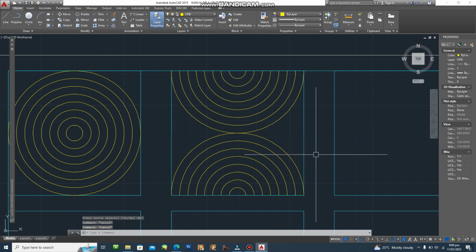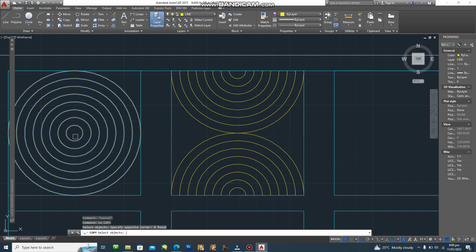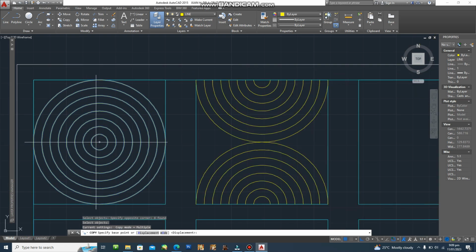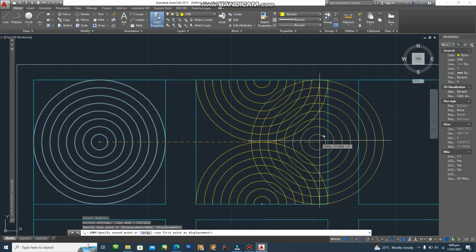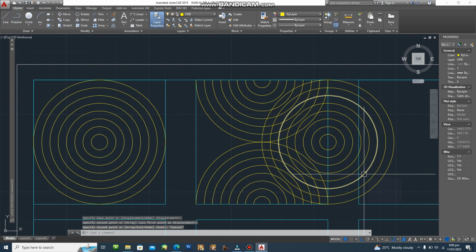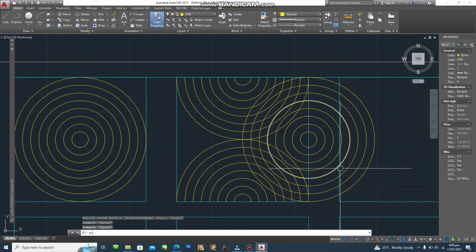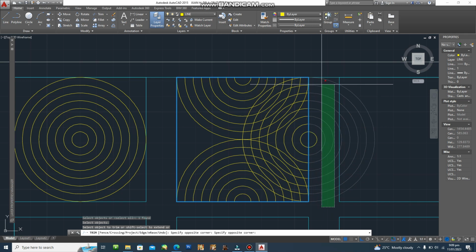Another, so type circle. Actually, you can also copy this one, and then you can just paste it in the midpoint. Okay, so 3R, trim, and then delete